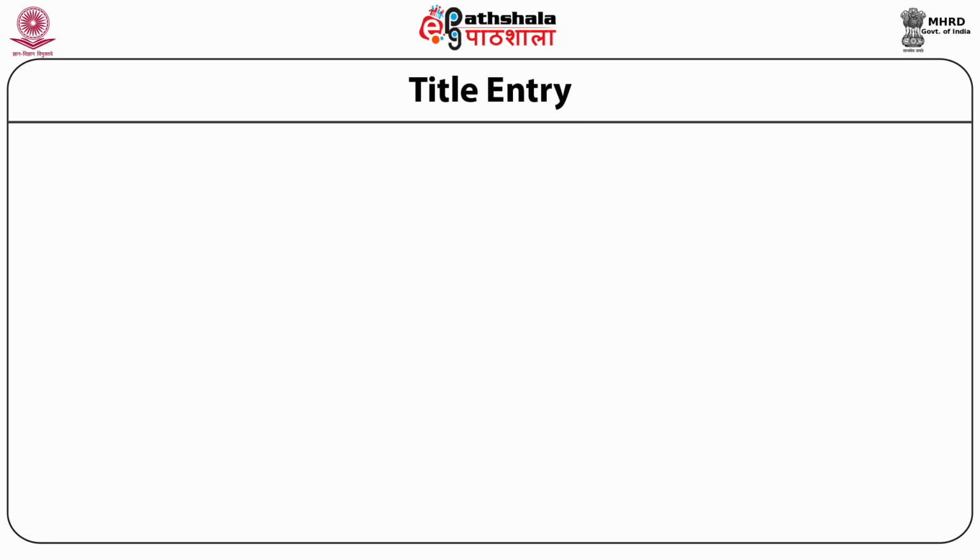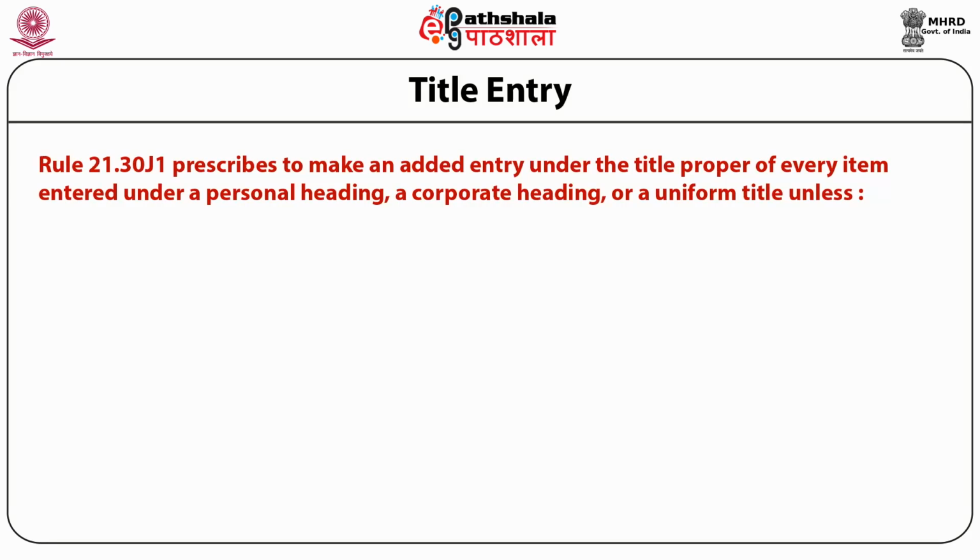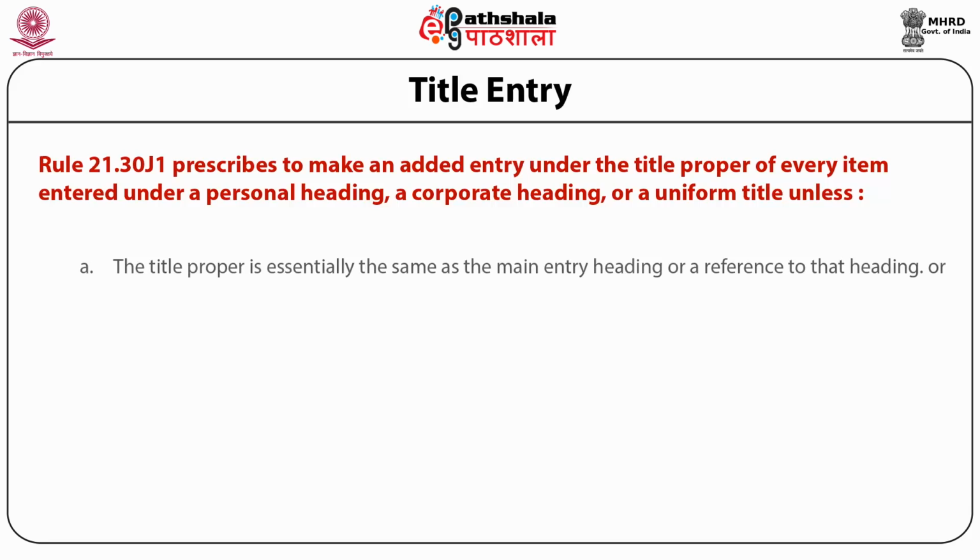Title entry. Rule 21.30J1 prescribes to make an added entry under the title proper of every item entered under a personal heading, a corporate heading, or a uniform title unless first, the title proper is essentially the same as the main entry heading or a reference to that heading, or second, the title proper has been composed by the cataloger, or third, in